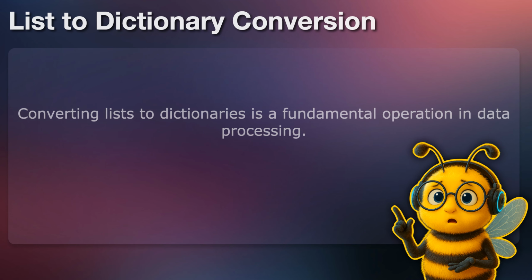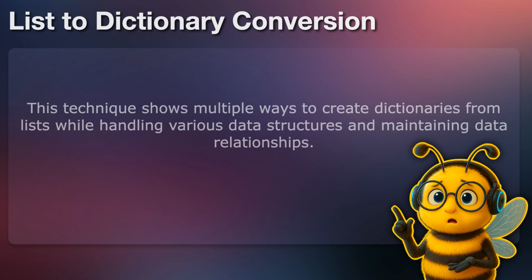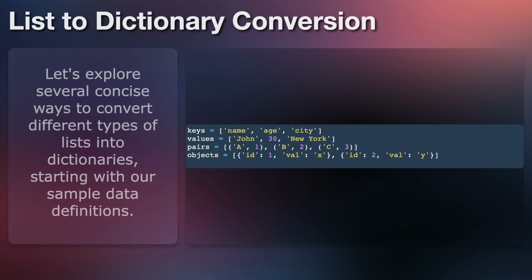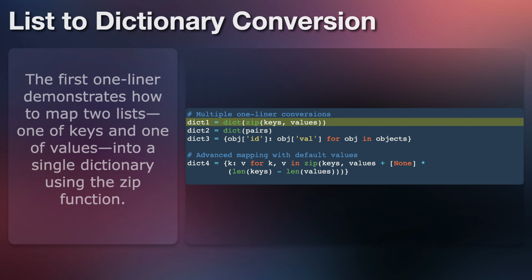Converting lists to dictionaries is a fundamental operation in data processing. This technique shows multiple ways to create dictionaries from lists while handling various data structures and maintaining data relationships. Let's explore several concise ways to convert different types of lists into dictionaries, starting with our sample data definitions. The first one-liner demonstrates how to map two lists, one of keys and one of values, into a single dictionary